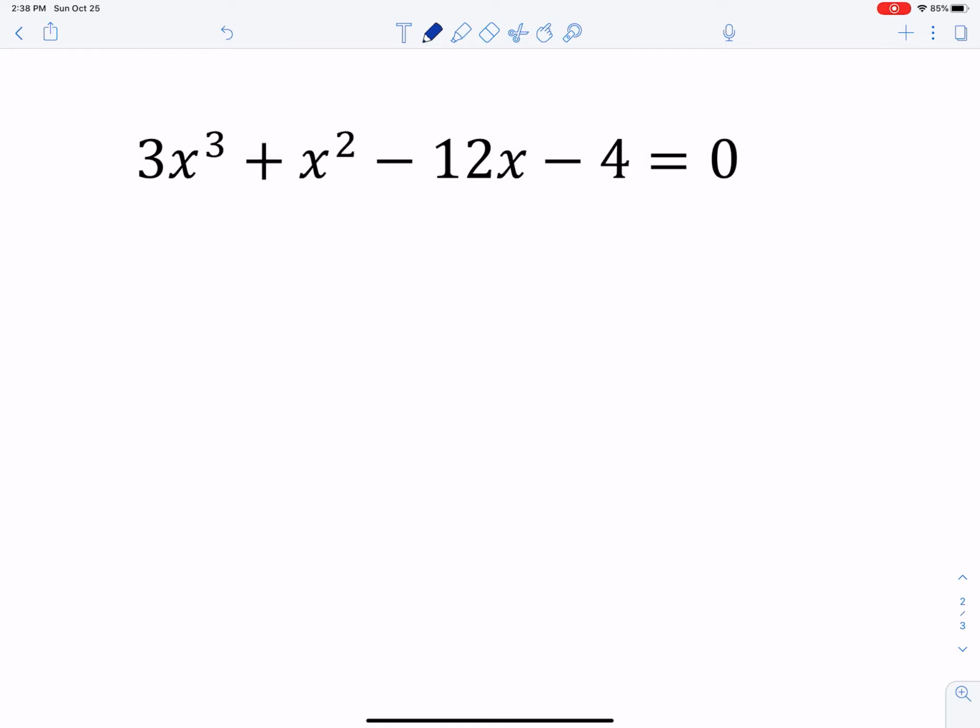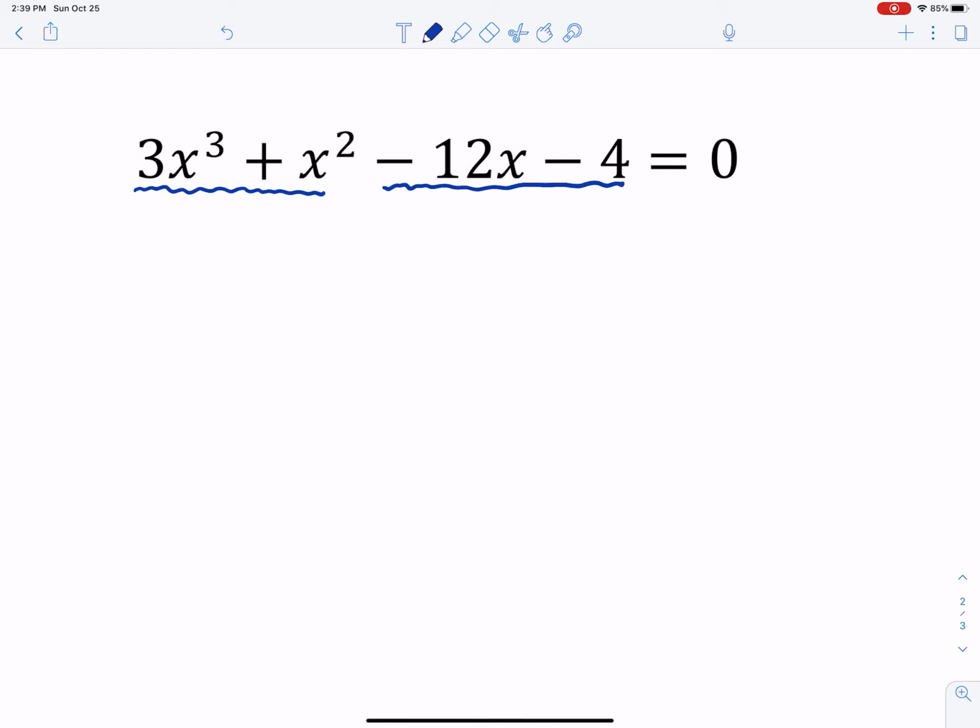Our next example is a problem where we've got everything on one side and it's equal to 0. So that's good. We don't have to move any terms around. And it's got 4 terms that don't have a greatest common factor. So remember, when you've got 4 terms, you want to think of factoring by grouping. We're going to group the first 2 together, group the last 2 together, and factor out the greatest common factor